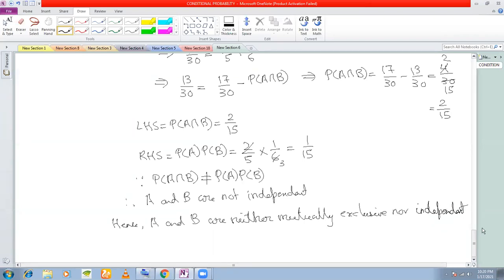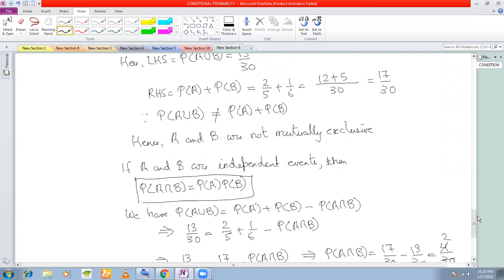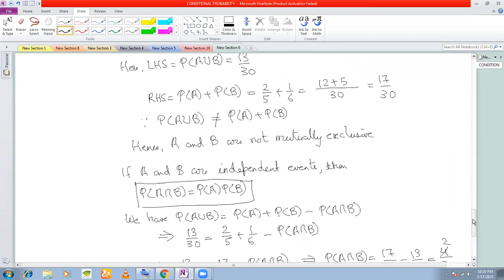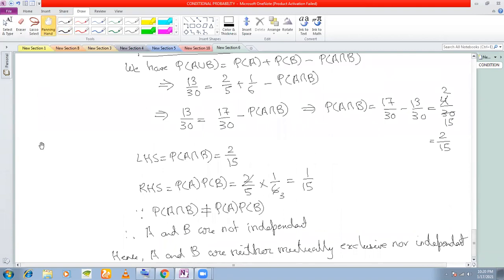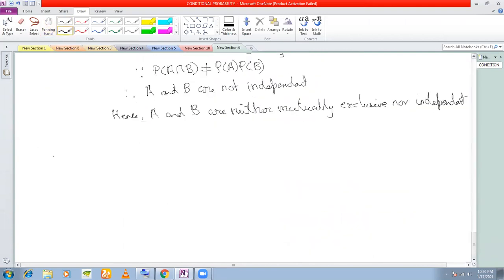So that's it. These were the three problems. These were direct application of the formula. Now let us come to the problem where you actually have to understand what conditional probability means. So let us now come to the story problem where you have to understand what is actually going on and what events you have to frame. Okay. So let us do a very simple example to start with.